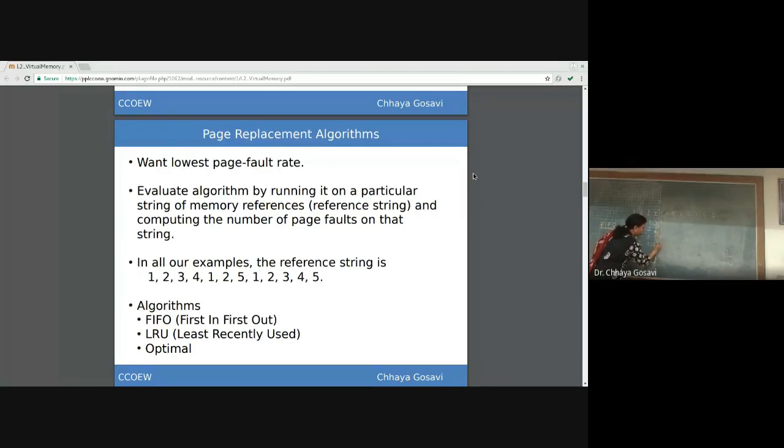This is a page fault. Page 1 will enter into the queue and 2 we have to delete. Next, 2 is referred again, but 2 is not in a frame. So the victim page is 3. Bring 2 here. 4, 1, 2. And this is again a page fault.